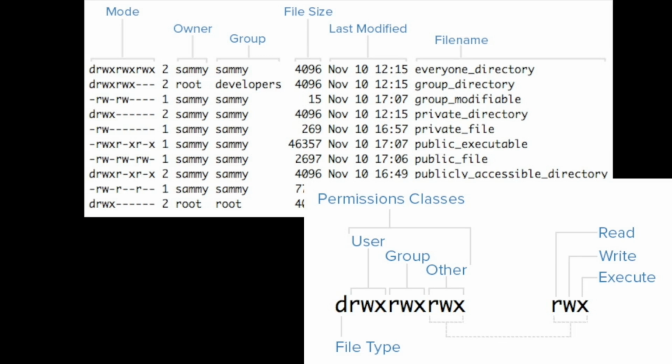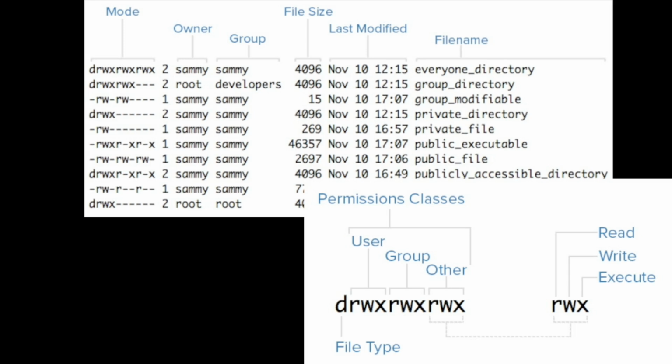And that's how you can interpret the output from the ls -l command to view the ownership and permissions of certain files in the Linux file system structure. Another thing of importance is the permission classes. There are 3 types of permission classes in Linux, and these classes are divided into user permissions, group permissions, and other permissions. And the user permissions are permissions that belong to the owner of that file or directory,